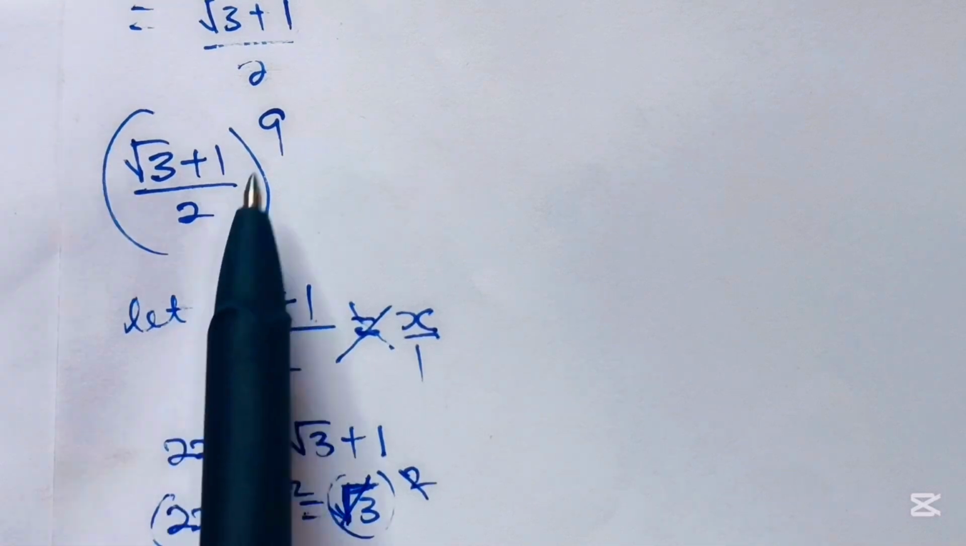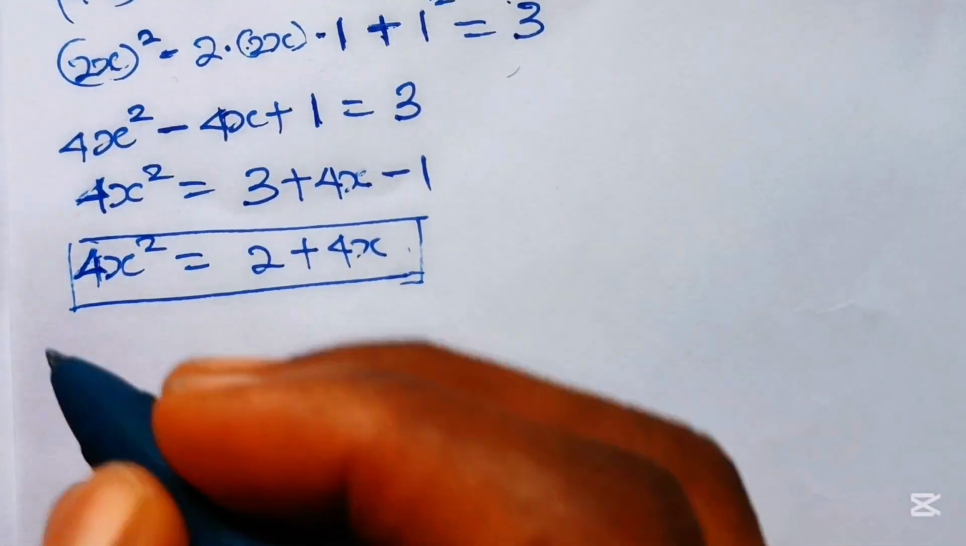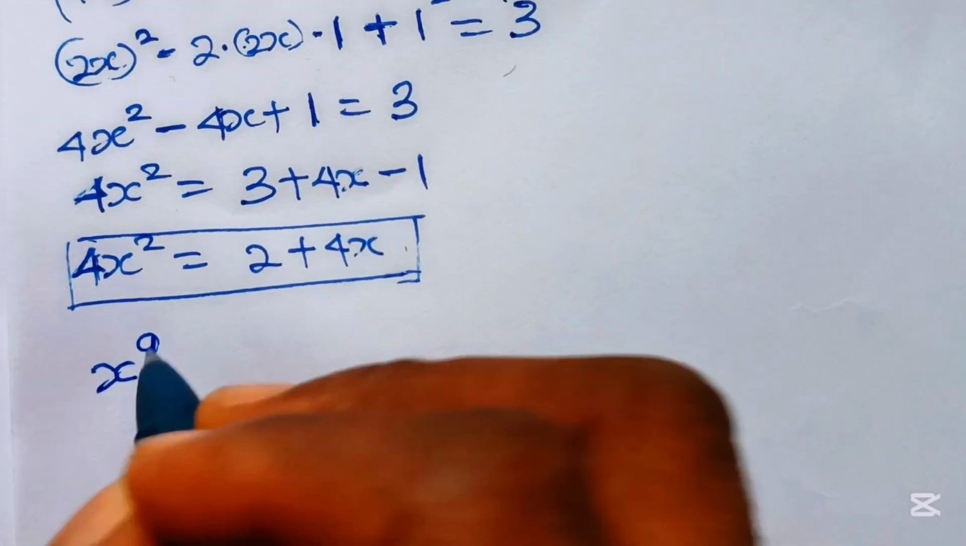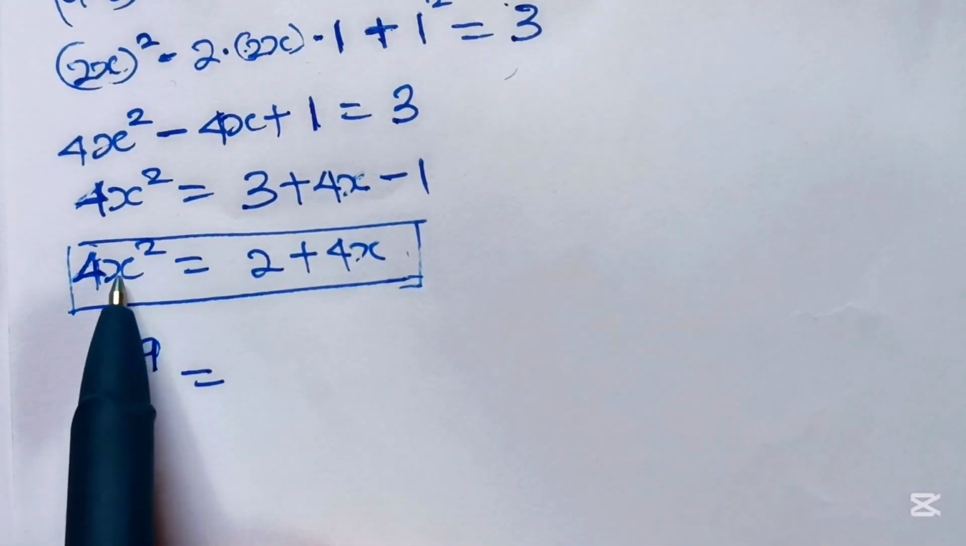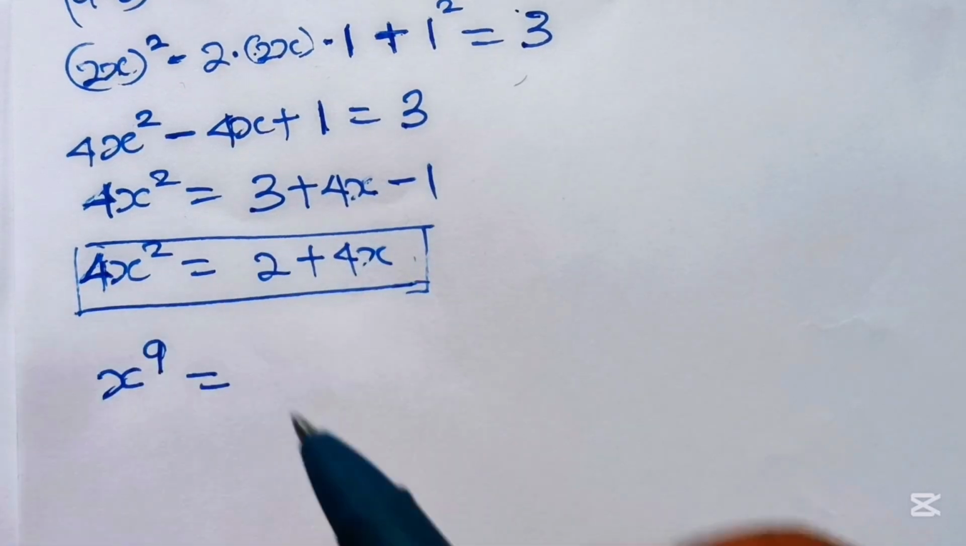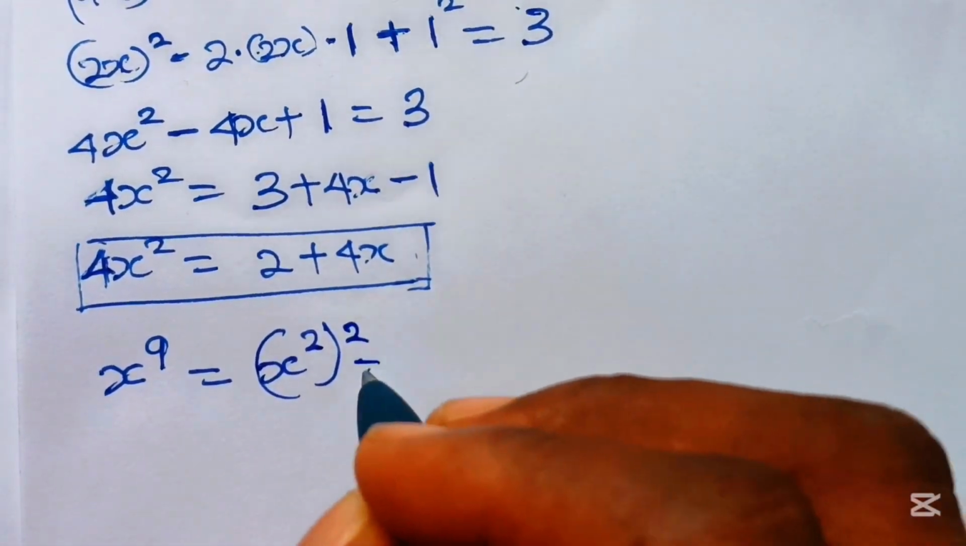We are simplifying x to the power of 9. Now let me analyze x to the power of 9 for you. Now x to the power of 9 is the same thing as, now that we have x squared here, this x squared, if I should square it, I will have x to the